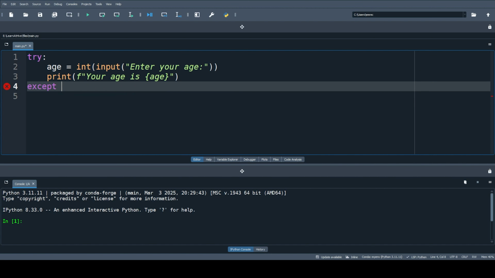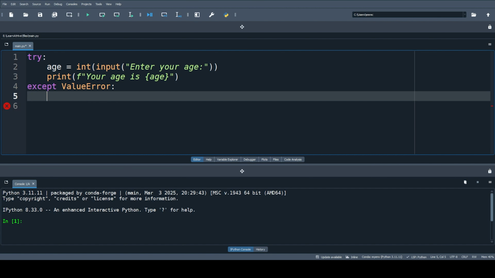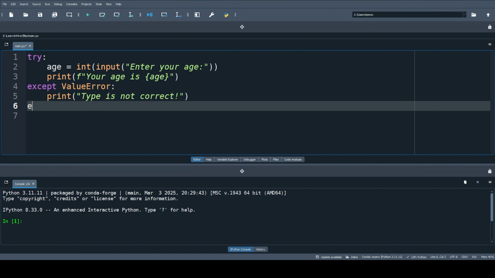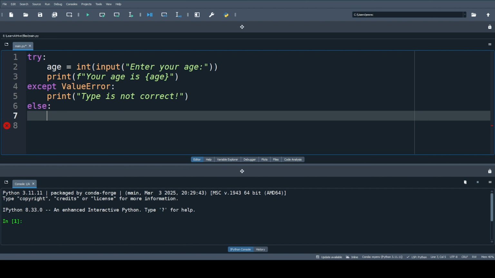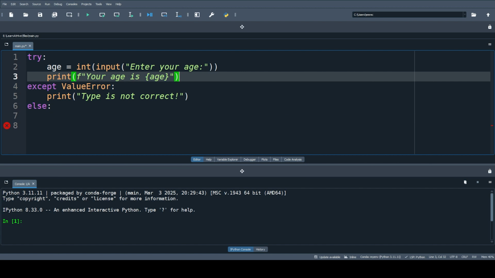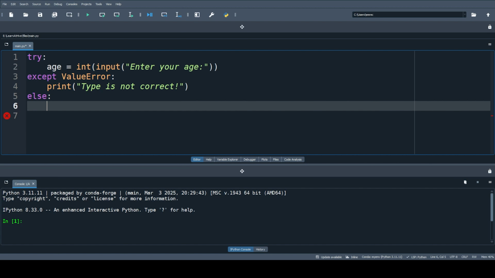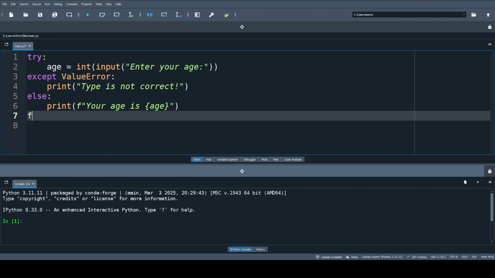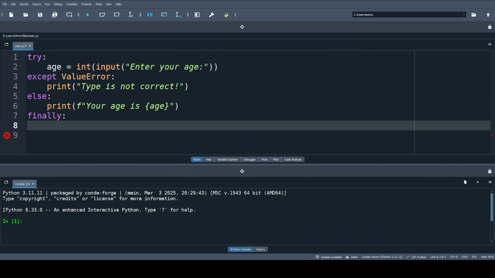If they type something that's not a number, it should raise an error. Let's type except. What type of error? You can use any error type you want, but the most appropriate one is ValueError. So let's type ValueError and print "type is not correct". Else, it's also an extra block that executes if there is no exception. So you can just move this print here. It will be more reasonable. Now here, also define a finally block. It runs no matter what, used for cleanup or information. You can just print